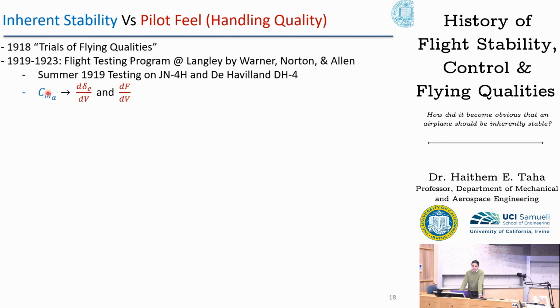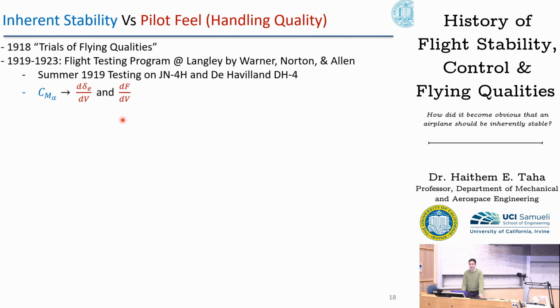Instead of the slope between moment and angle of attack, Cm alpha, they proposed these slopes. The slope between the change in the elevator deflection with respect to speed. As you know, if we change the speed of the airplane, this will require a change in the angle of attack for balance, and this will in turn require changes in the elevator deflection for trim or balance. So they proposed this as an alternative slope that is representative of stability. Equivalently, the elevator deflection is proportional to the stick force in the hands of the pilot. So here is another metric, this slope.